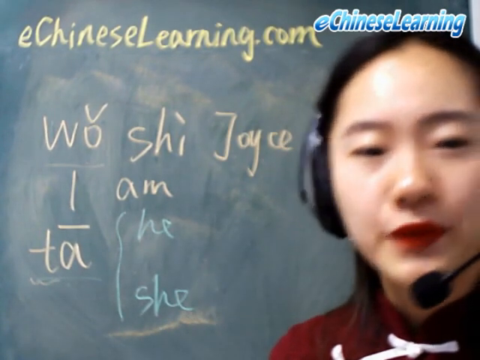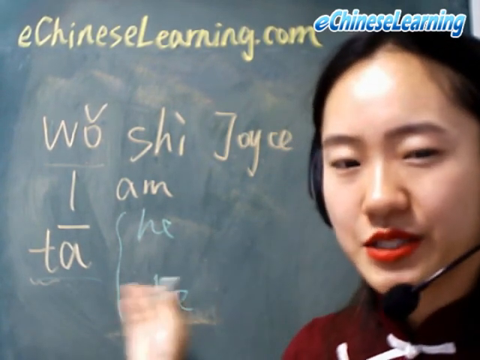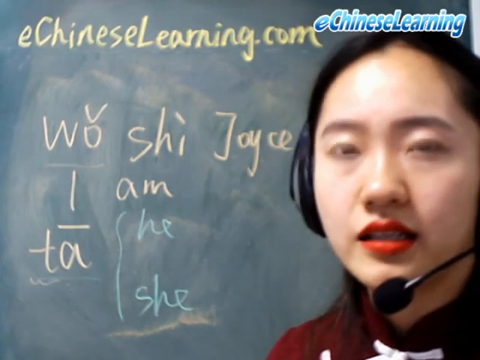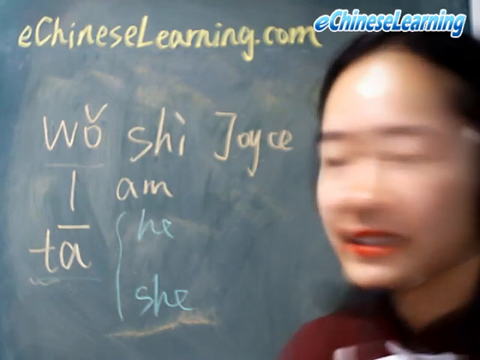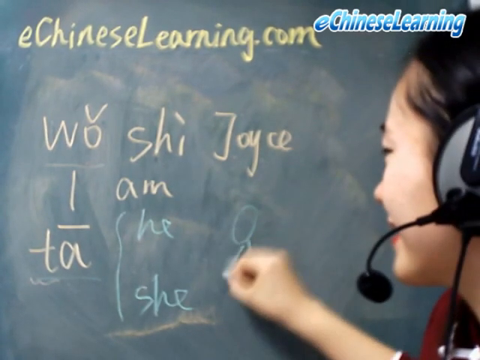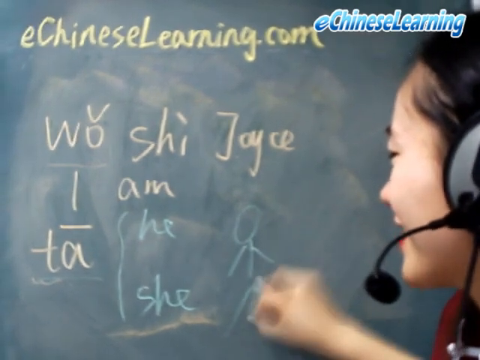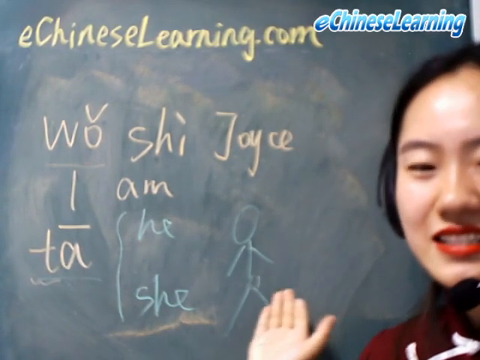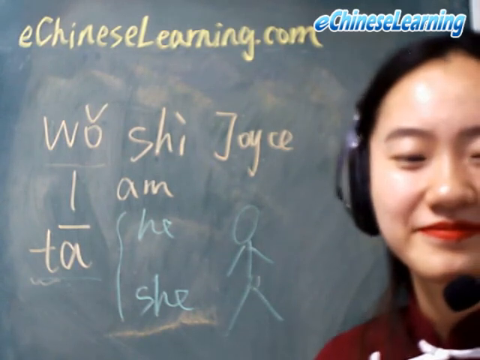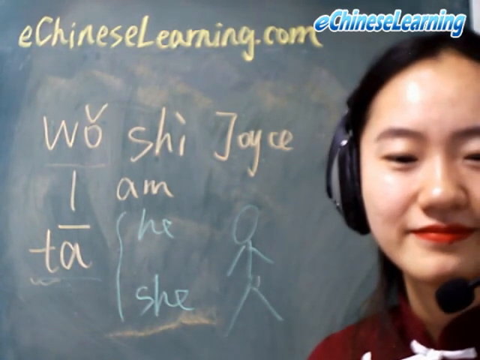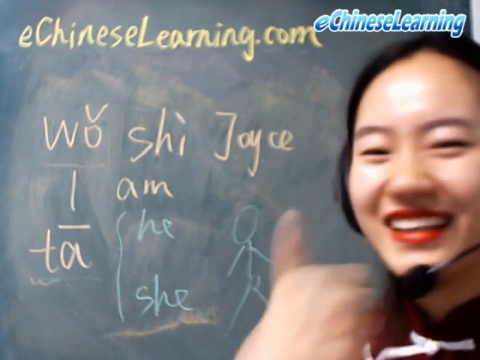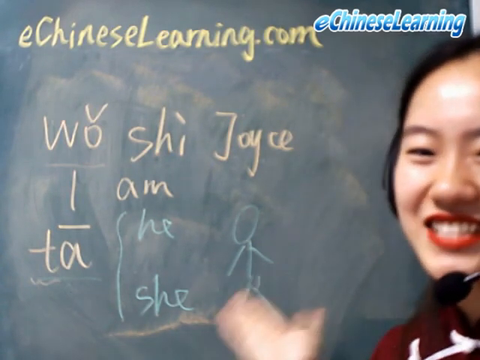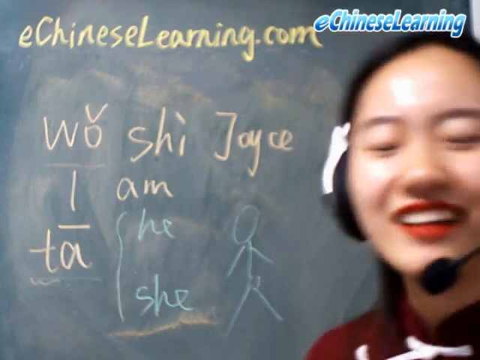So now we can also use this to introduce some other people's name. For example, she is Doris. She is Doris. Okay, I introduced her, my colleague, to you. And now, can you try this sentence? How to say she is? 很好, very good. It's totally correct. 她是 Doris. 很好。